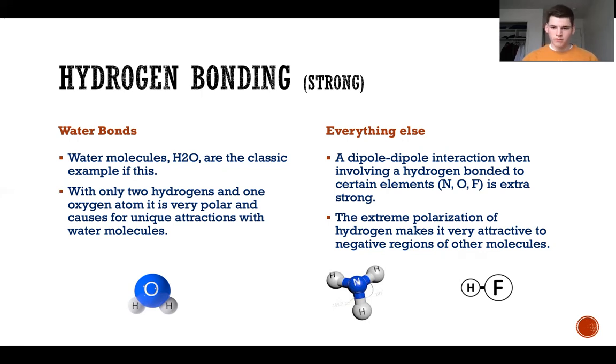In a hydrogen bond molecule, it has this extreme polarization. It makes it much more attractive to other molecules around it, especially if they also have this hydrogen bond. So again, like pure substances such as water,